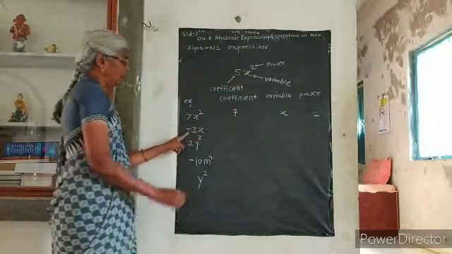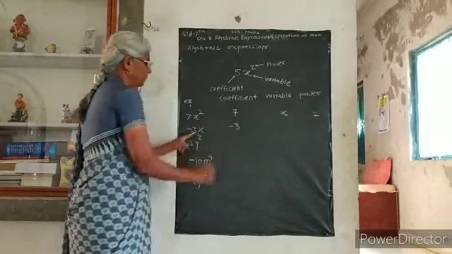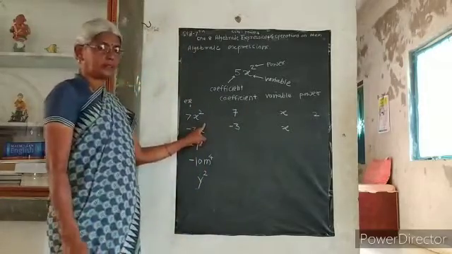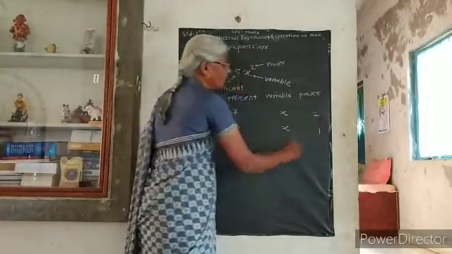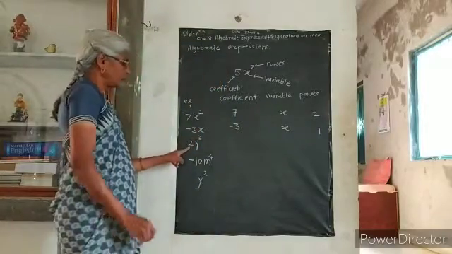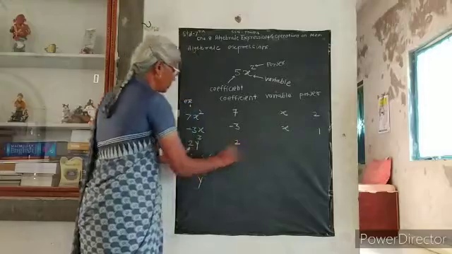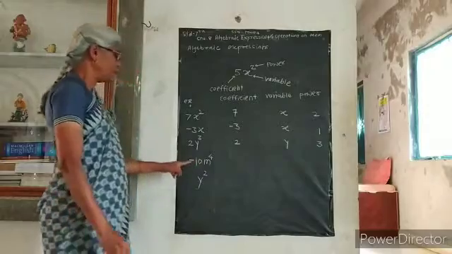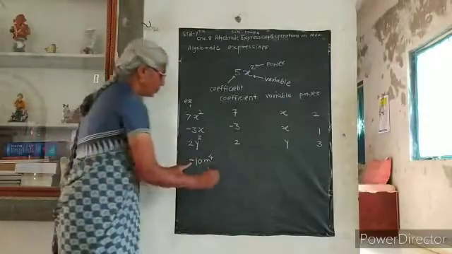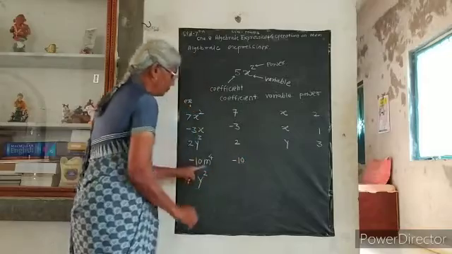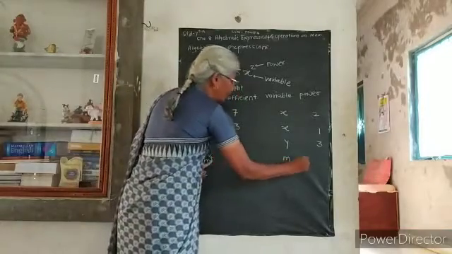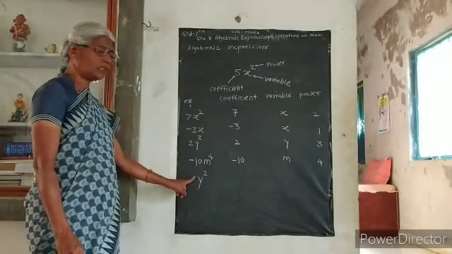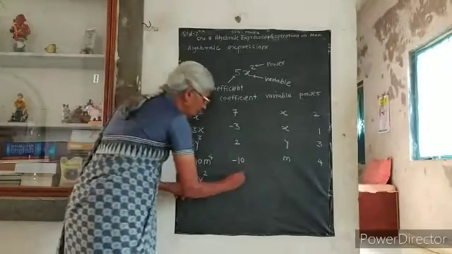Here, the coefficient is -3. The variable is x. The power is not written here, means that it is 1. 2y cubed, the coefficient is 2, variable is y and power is 3. -10m raised to 4: -10 is the coefficient, m is the variable, and 4 is the power of that variable. y squared, the coefficient is not written, then it is 1. Therefore, the coefficient is